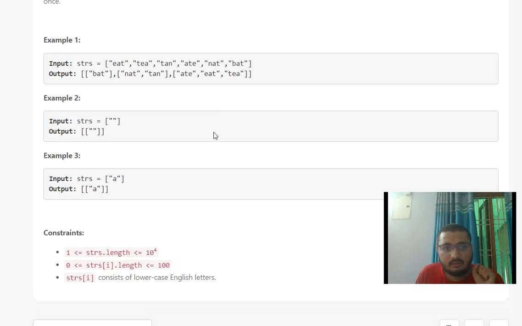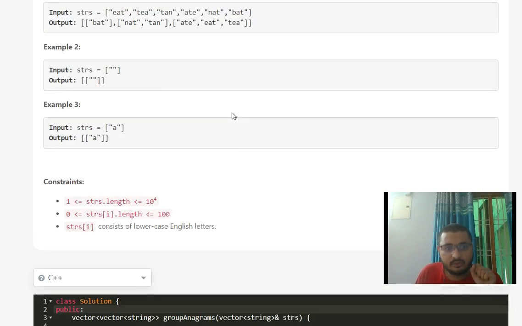I would like to say that you must pause the video and think of some solution on your own, and after doing it on pen and paper, then you can start the video again. Now I'll be solving the question and telling you the approach. One approach takes a bit more time, and the second approach is the optimal approach. So today we will see two approaches to solve the question.